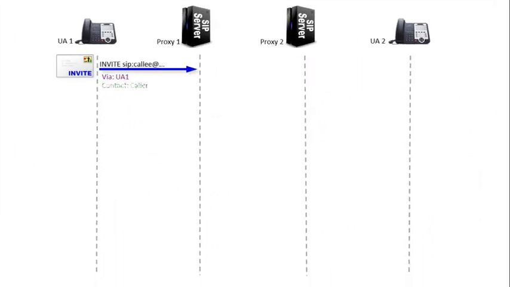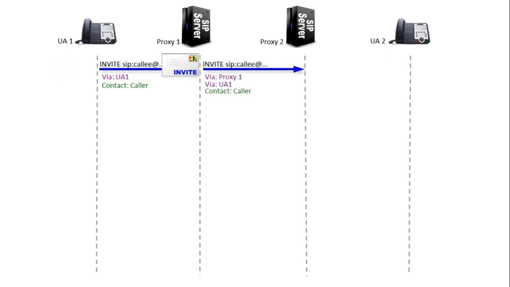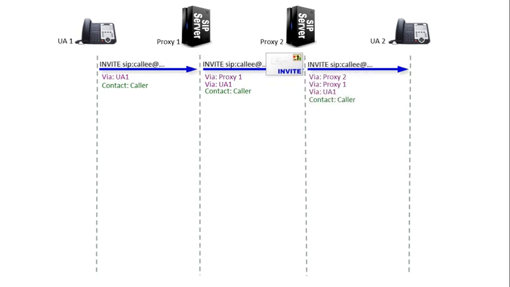User Agent 1 sends an INVITE to its domain server, including its own address in the Via header, so the downstream proxy knows where to route responses, and in its Contact address, so the far end user agent knows where to send subsequent requests. Receiving the INVITE, Proxy 1 adds its own Via header and, probably after a DNS lookup, proxies the request downstream. Proxy 2 adds its Via header, does a registry lookup, and proxies the INVITE to the